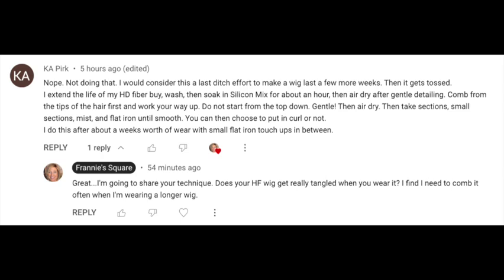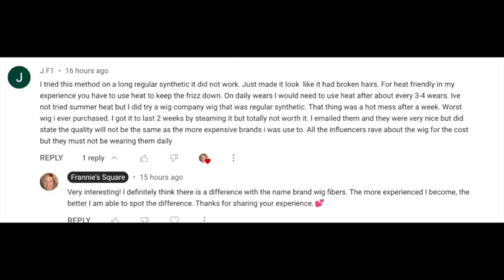Does your heat-friendly wig get really tangled when you wear it? I find I need to comb it often when I'm wearing a longer wig. And I just sent that to her 2 hours ago, so I didn't get a response yet. Okay, and then finally, I have a comment from JF1 saying, I tried this method on a long regular synthetic. It did not work. Just made it look like it had broken hairs,